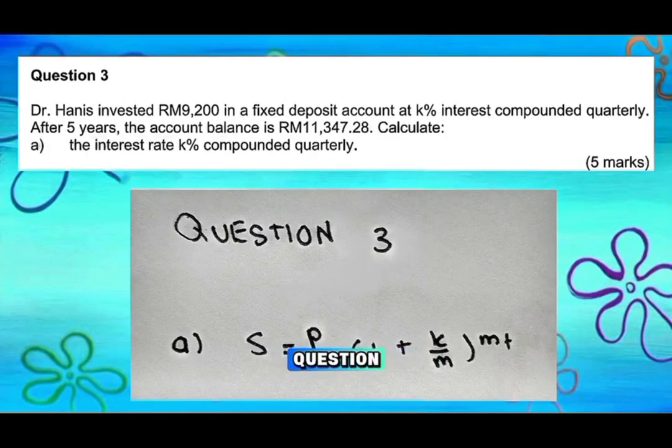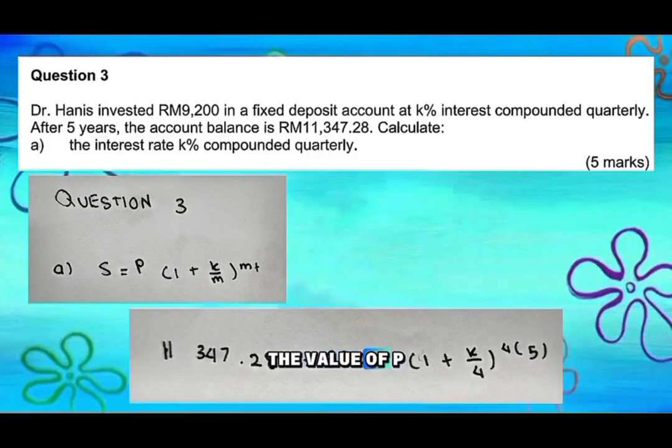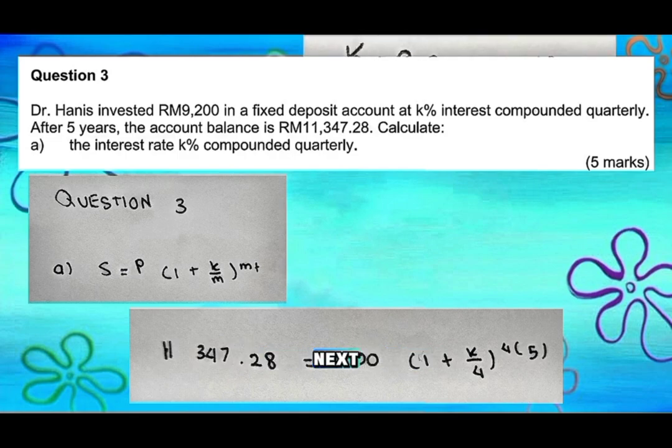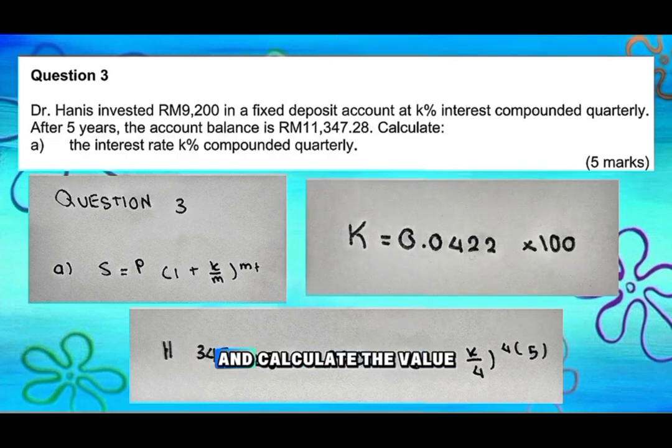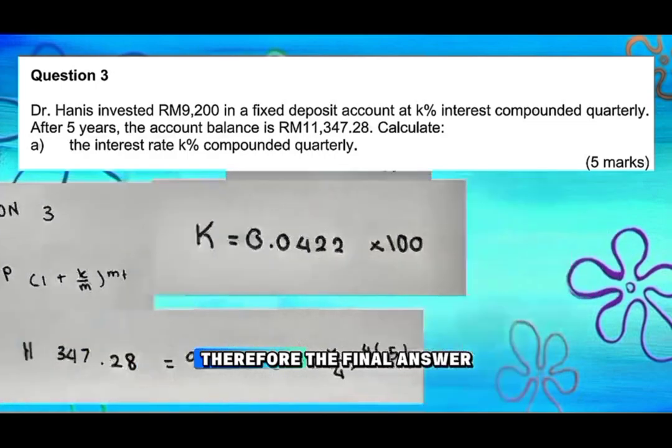First of all, this question used the formula S = P(1 + k/m)^(mt). The value of P is 5,200. The value of S is 11,347.28 cents. The value of m is 4 because the interest is compounded quarterly. The value of t is 5 because the time period is 5 years. The variable that we need to find is k. Next, we substitute all the given values into the formula and calculate. The value of k obtained is 0.0422. Since the answer is required in percentage form, we multiply it by 100. Therefore, the final answer is